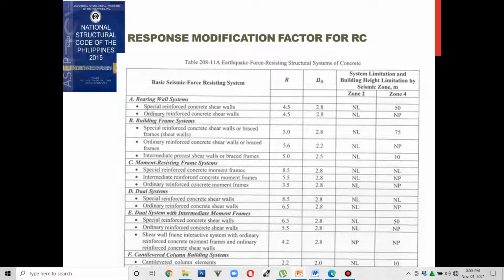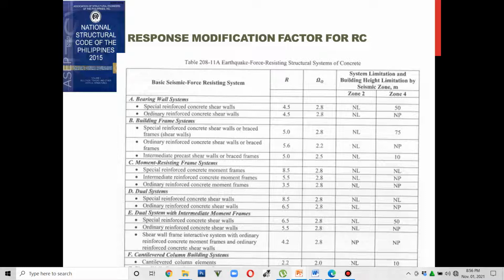So ang usual na ginagamit sa letter C or the moment resisting frame system is yung SMRF or special reinforced concrete moment frames that has a value of 8.5. Okay, so if you have some structures, structural framing system, you may refer to this kapag RC, ano? Okay,